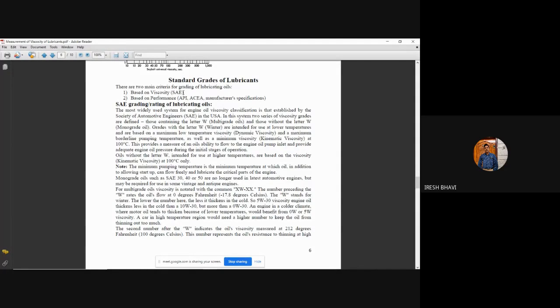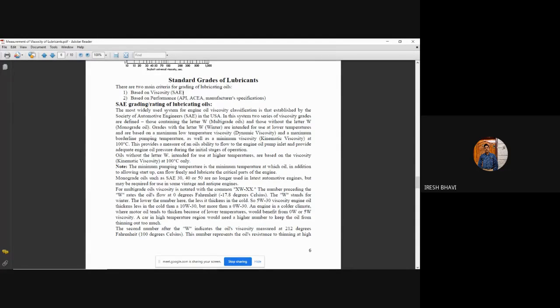It is a society from Germany, automotive engineers from Germany, but it is the largest society of automotive engineers, because so many mechanical and automotive engineers are there in that society. Mechanical engineers who have specialization in automobile, who are working in the automotive industry, they all have membership in SAE, and you can also get student membership and professional membership in SAE. Okay. So Society of Automotive Engineers grades or rates the lubricating oil based on the viscosity of the lubricating oil at different temperatures.